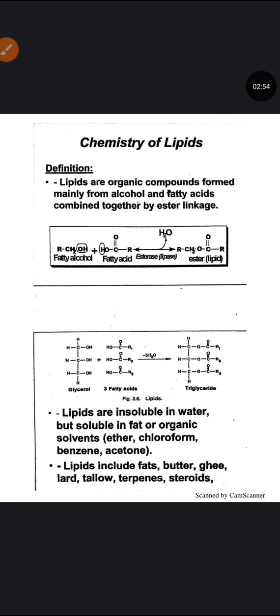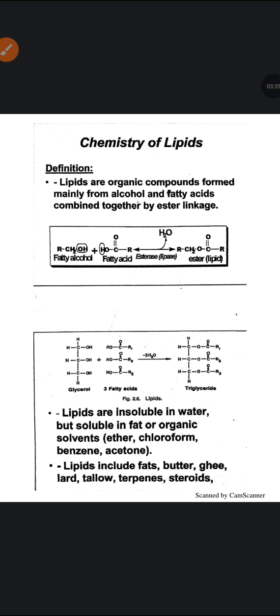And unlike what we explained for carbohydrate and protein, unlike the polysaccharide, that is carbohydrate, that contains multiple mono units, protein and nucleic acid, lipids are not polymers. Lipids are most likely small molecules, but they are not polymers like protein and carbohydrates. So let's start